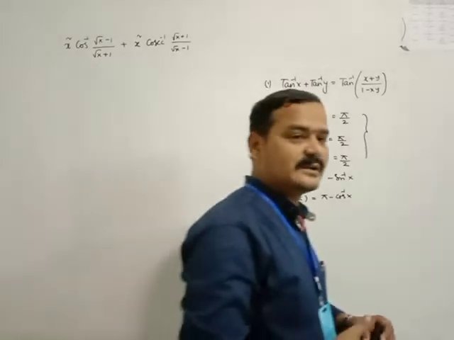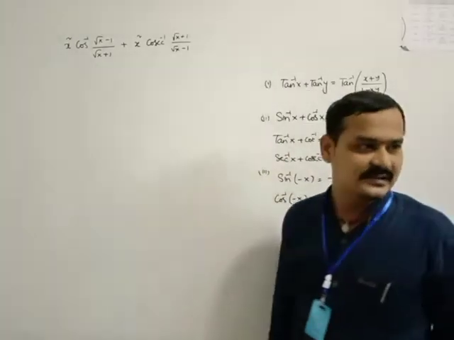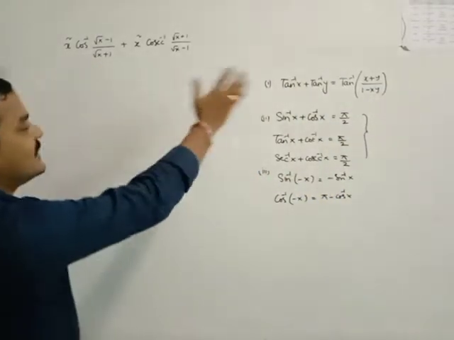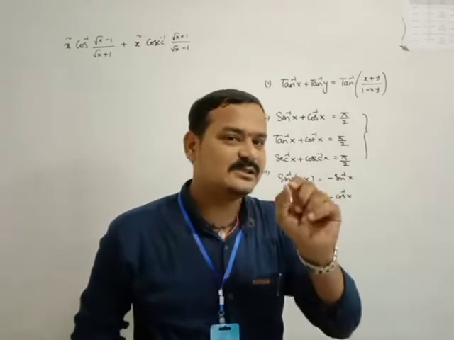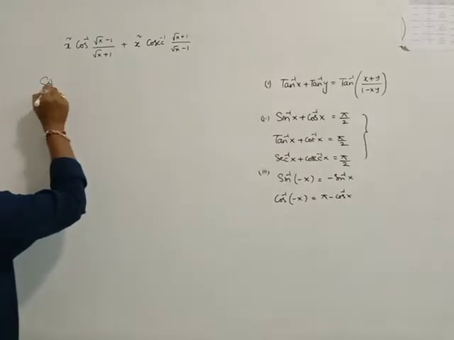It is a very important question for 4 marks, 3 marks, 1 mark, in competitive exams also. Everywhere this question is important because it looks very lengthy, but the answer is very small by using small tricks of the trade. What are the tricks? First of all, write down the question.